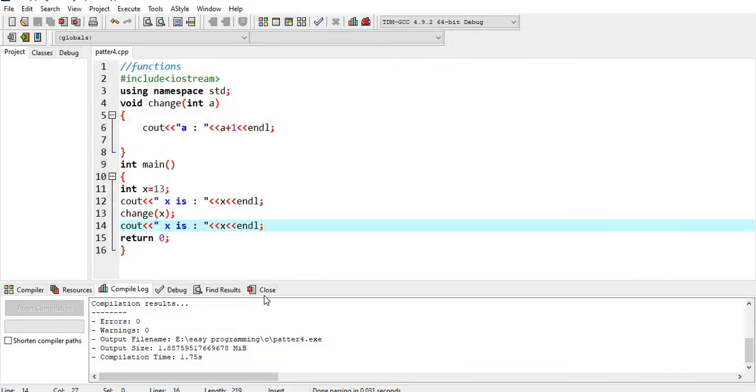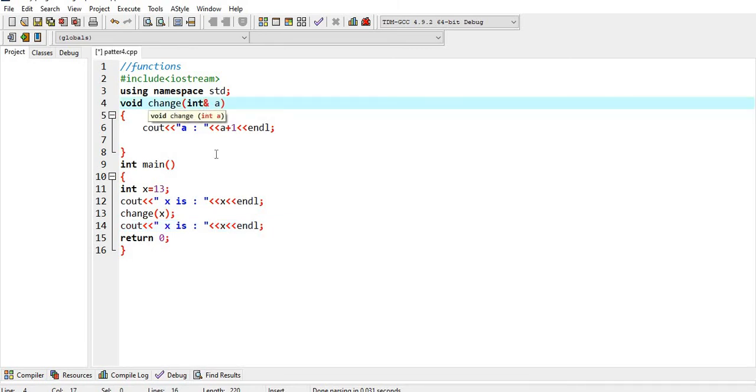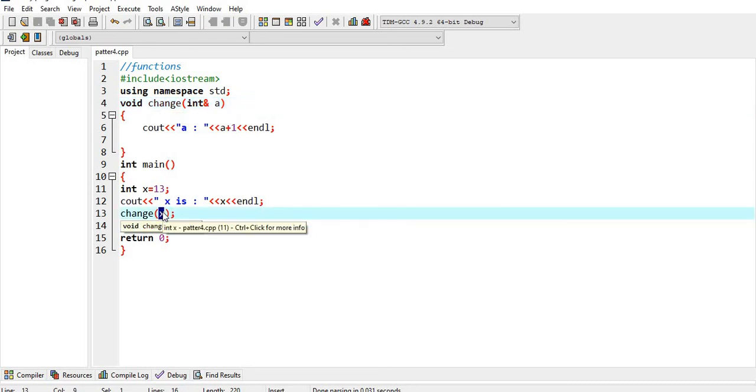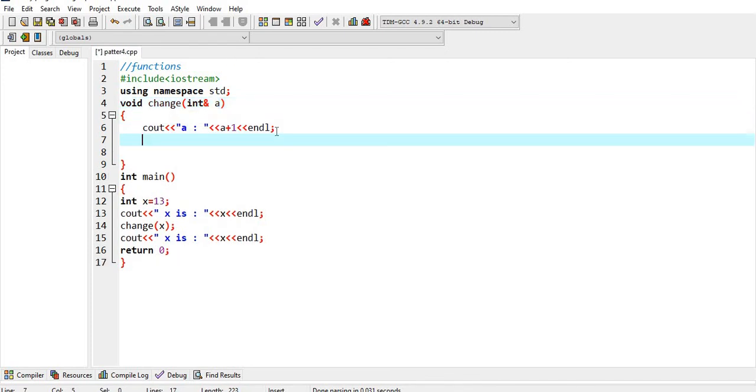So if we pass the reference of variable x, and this value of x goes to A, and now if I update A to 67, what happens?